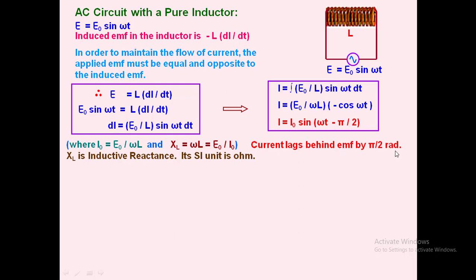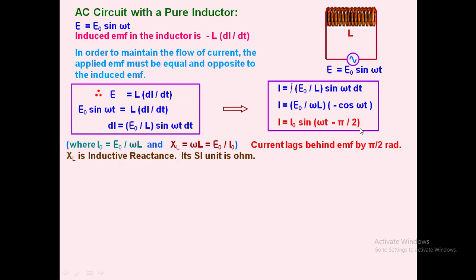Now, here you can see in the previous video we have seen that whenever an AC source is connected with respect to a pure resistor, both current and EMF are having sin omega t as the function. But here EMF is sin omega t, but current expression is having omega t minus pi by 2. That means there is a phase difference between EMF as well as current. Now, who is leading actually as per the expression? The EMF is leading. Who is lagging? The current is lagging. By how much is it lagging? Pi by 2.